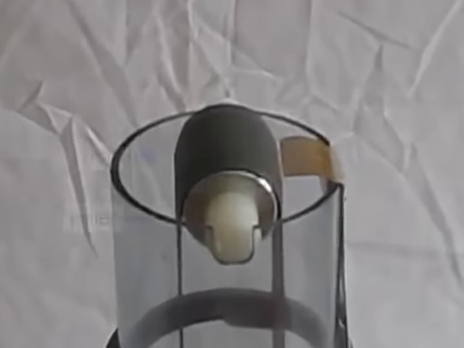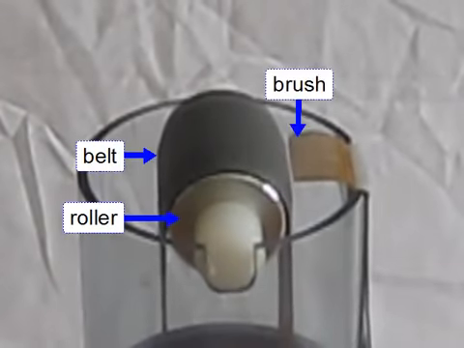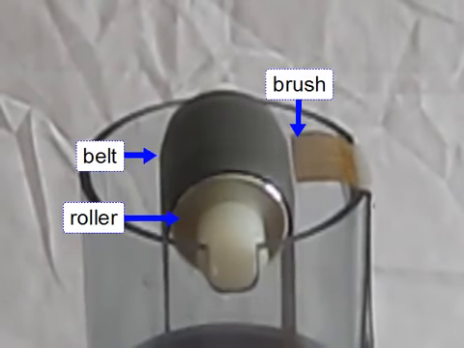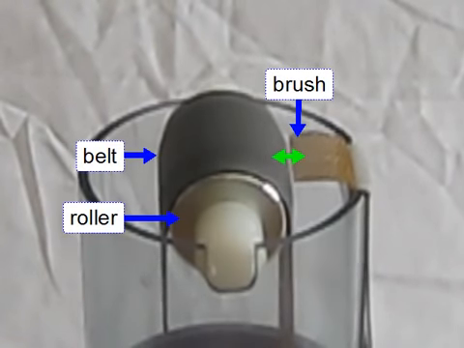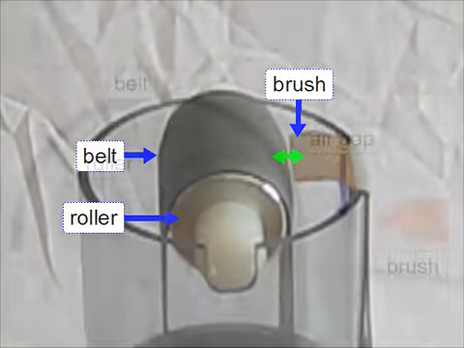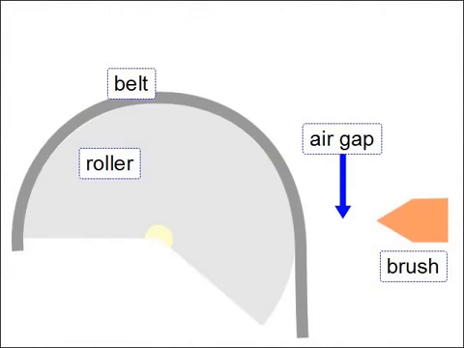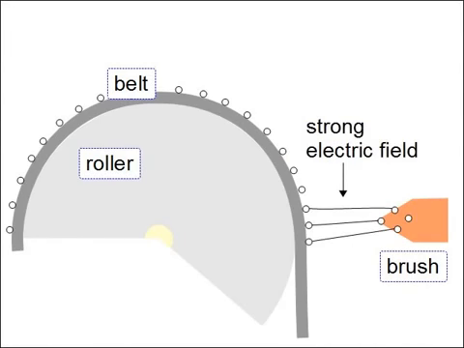We've talked a bit about the top roller and the belt. Now let's see how the top brush is involved. Step 4 is to use the now charged outer surface of the belt to move charge between the belt and the top brush. A similar thing to what happened at the bottom in step 2 will also happen here. We again have an air gap with non-conductive air that needs to be made conductive. Due to the charged belt, the sharp points on the brush, and possibly a built-up charge on the roller, there's